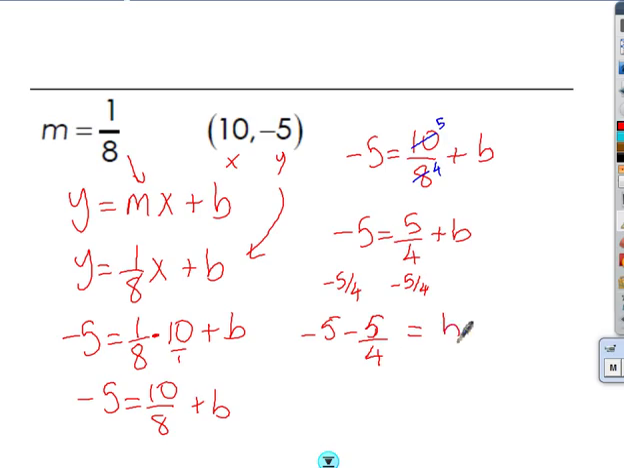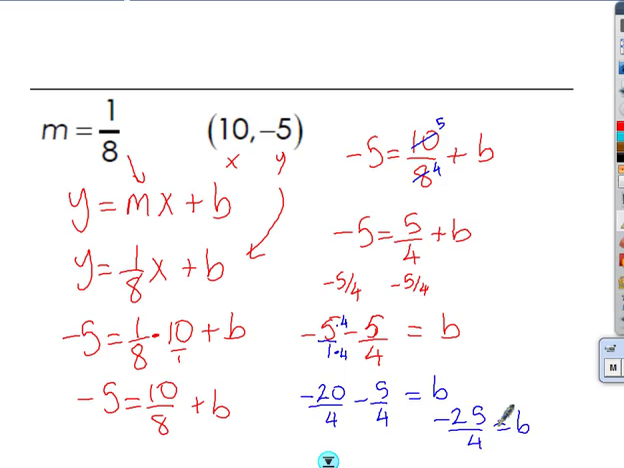equals b. In order to do subtraction, we will have to write the whole number over 1 and do a fraction subtraction where we would have to find a common denominator. In this case, multiply this one by 4, multiply the numerator by 4 as well. We will end up with negative 20 over 4 minus 5 over 4 is equal to b value. It turns out that our b value is equal to negative 20 minus 5 is negative 25 over 4 is